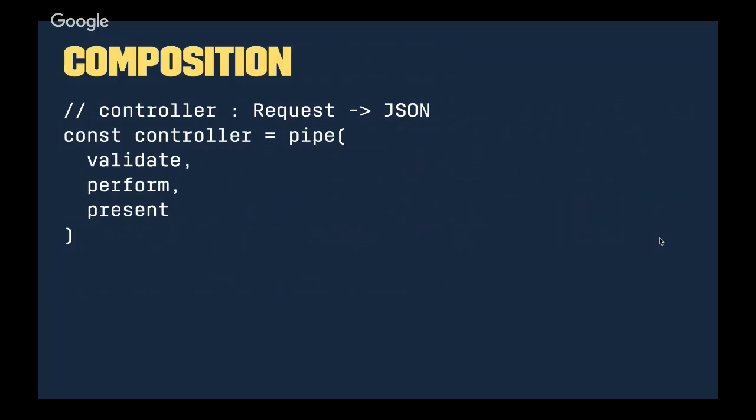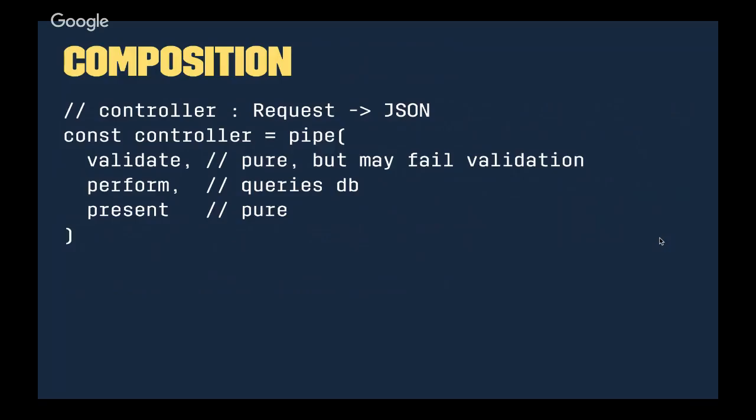I want to split that pipeline into various pieces so I can break the pieces apart and test them individually. Validate is a pure function that I should be able to feed content and see how it works. I shouldn't need a database connection to do that. I might for perform, but I shouldn't for present. Unfortunately, this doesn't really work because things can go wrong. Validate is a pure function and I can feed it data, but it might error. Sometimes there are validation failures and sometimes there aren't, and I need to handle those differently somehow.